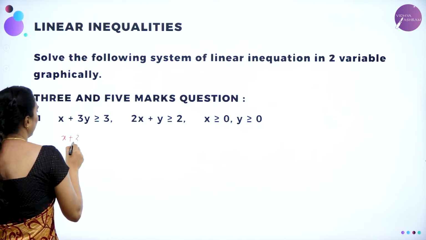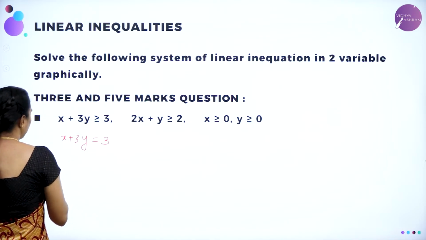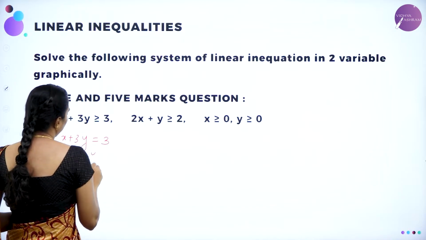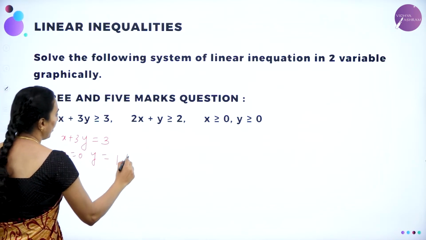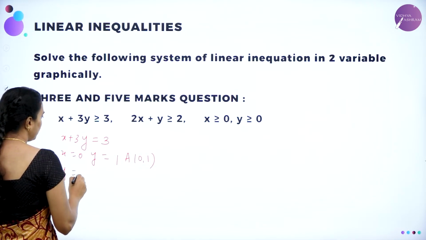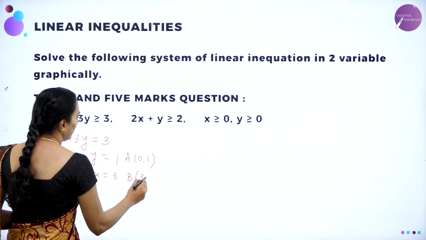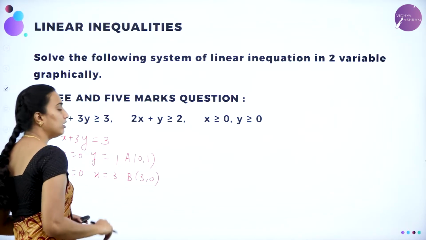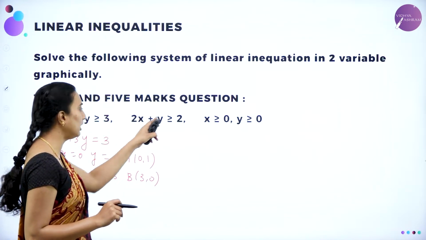So let me take this one. x plus 3y is equal to 3, and then put x equal to 0. So y will be equal to what? 3 will go 1. So the point will be A of 0, 1. And then put y equal to 0, x will be equal to 3, and B is the point 3, 0. Now you are going to join these 2 points through a solid line